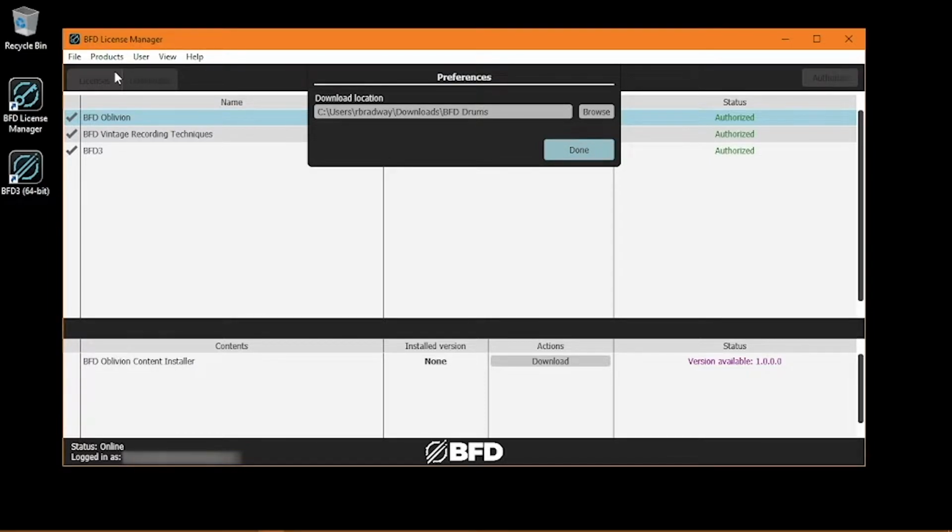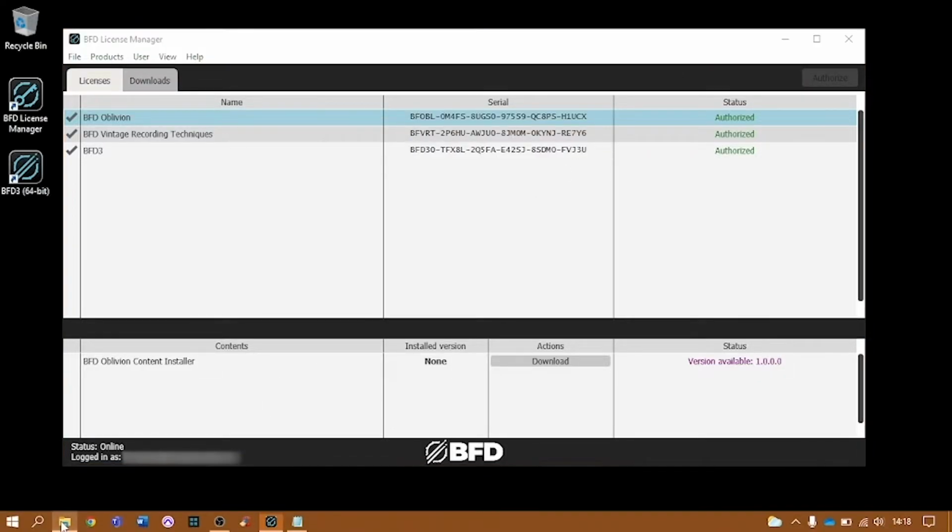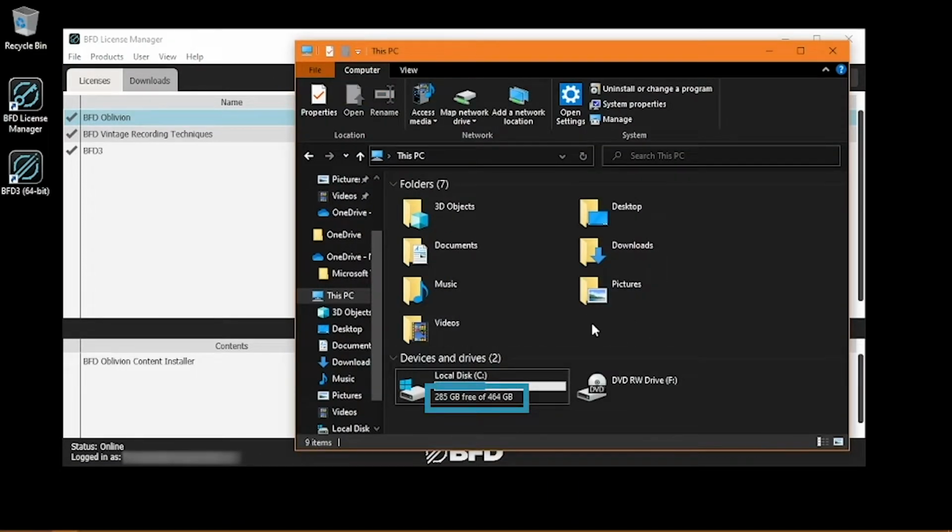If you prefer, you can leave this to the default location, which will be your system's downloads folder, which I'm going to do here. After you've installed the expansion, you can choose to delete the installer if you wish, or back it up to an external drive, which is useful if you ever need to reinstall an expansion and the computer you're installing it on isn't regularly connected to the internet. Whether you choose to back up the installer or not, we recommend deleting the files on your computer's internal hard drive after installation is complete to save space in your system. Additionally, ensure you have enough space on the drive you want to download your installer to. Your download will stop before completing if there isn't sufficient space on the selected drive.